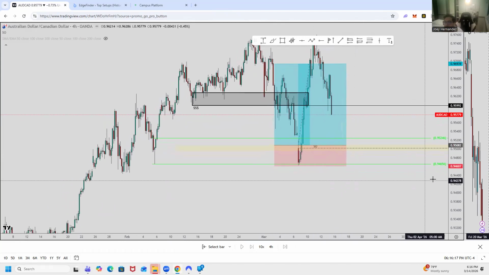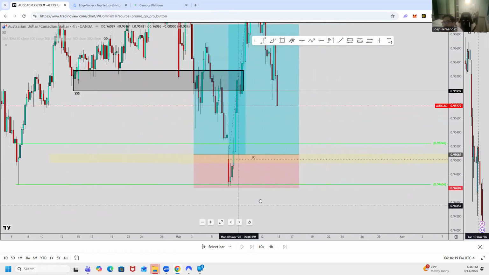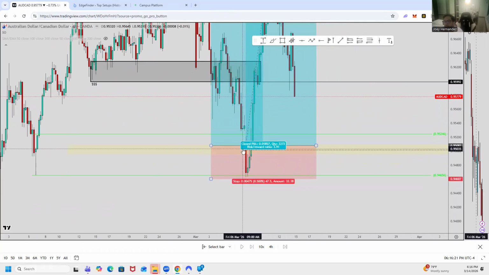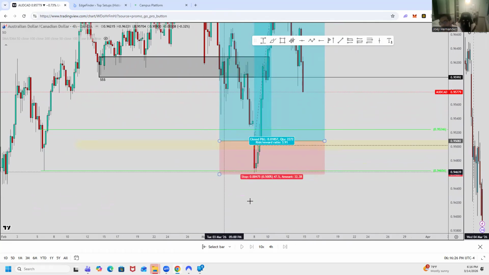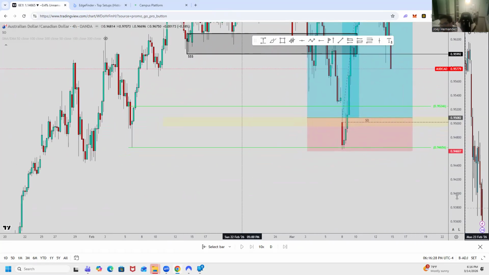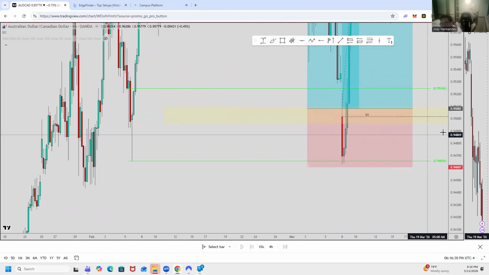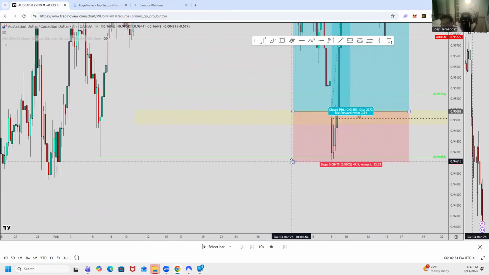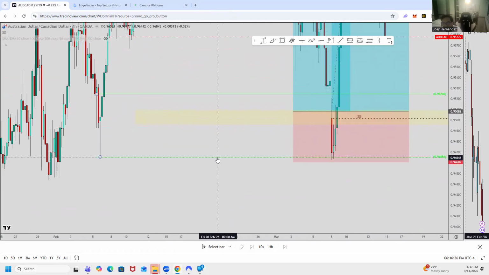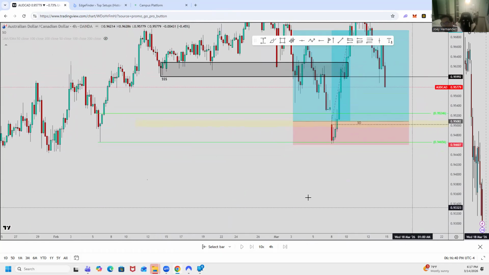Now, in this case, price opened literally in the zone, so I was in drawdown immediately and it almost takes me out, hits my stop loss. But what I did is I put my stop loss with a little bit of breathing room below the demand zone